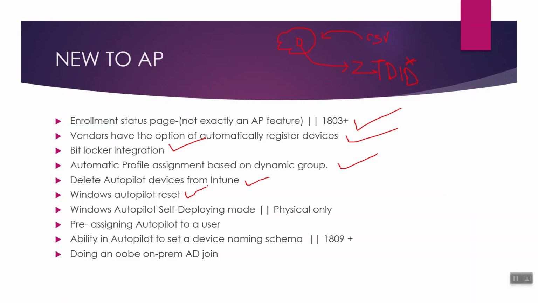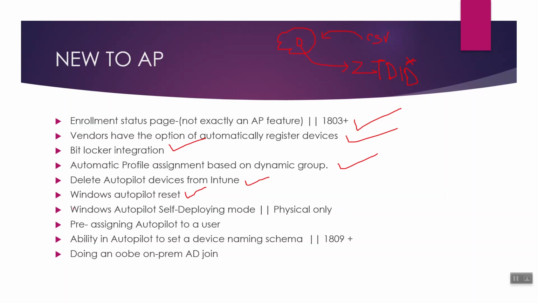So it's something which can be done directly from the portal, so nothing needs to be done by the end user. The user just needs to click on the device and click on the option autopilot reset, and the device is going to go through the out-of-the-box experience again, and then the device can be brought back to the business ready state. Okay, and the device will get reset, but its Azure AD join and the Intune enrollment will persist, and all the policies and everything will be pushed out to the device again. Okay,